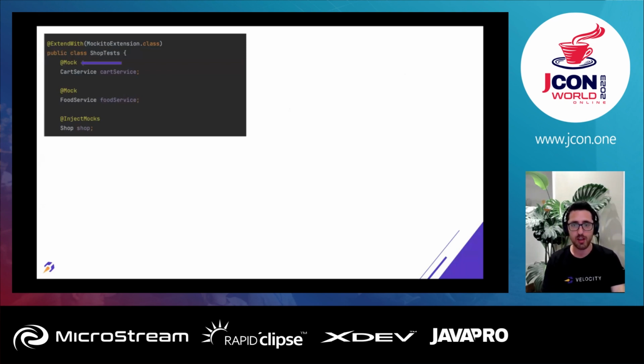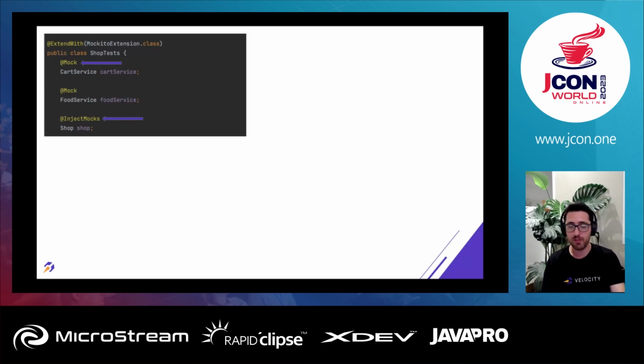The cool thing is that each test we run inside ShopTests will create a new instance of the ShopTests class, and those dependencies are created and mocked again. So we don't have to worry about resetting state or anything like that, specifically in this class under test. And we have the InjectMocks annotation, which will create a new instance of Shop and inject the cart service and food service, specifically by type.